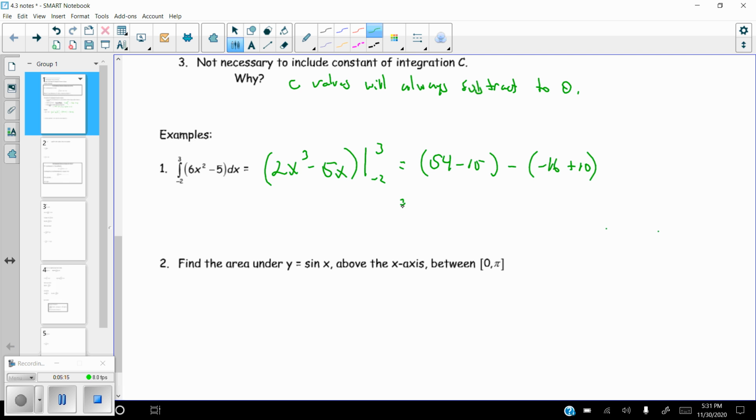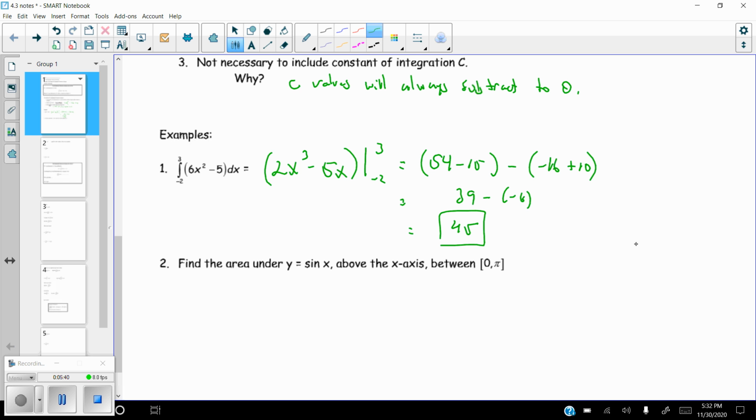So 54 minus 15 is 39, minus negative 6. So we're going to get 45. Probably a much shorter process than doing the limit of sums. Okay? So the second problem says find the area under y equals sine of x above the x-axis between 0